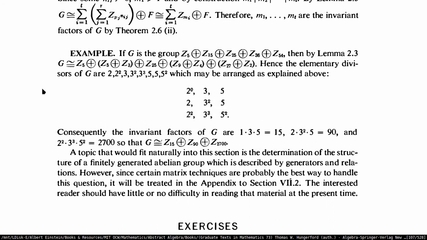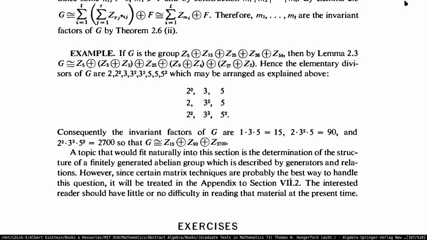Where it says by Lemma 2.3, G is isomorphic to, and then he has it written in a funny order, but it's Z3 plus Z9 plus Z27 plus a couple of copies of Z5. Then there's a Z25. Oops. So if we wrote those in order from smallest to largest, that would be the decomposition that we just did